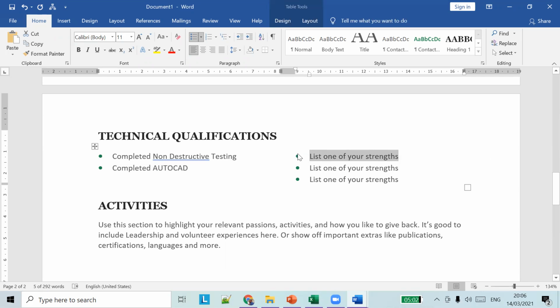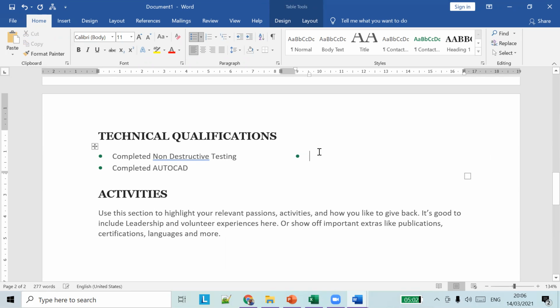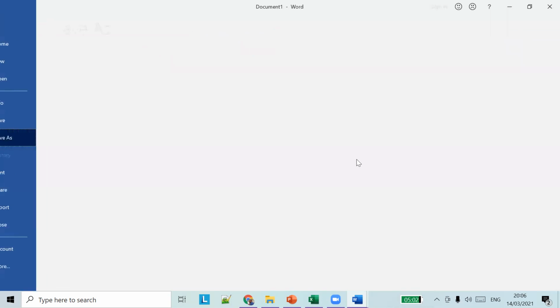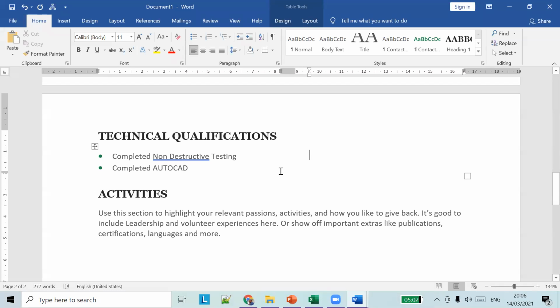Technical qualifications should be related to your career, so you should know what to add and what not to add. Make sure that you add all your technical qualifications properly.